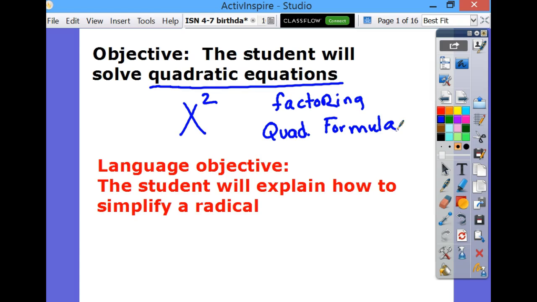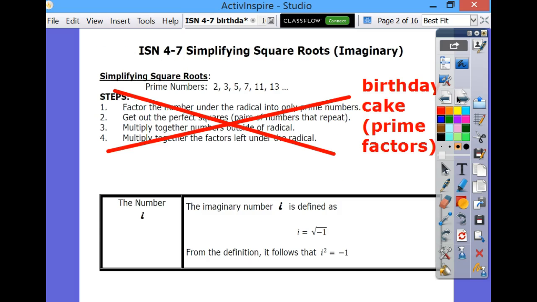When you get to the quadratic formula, sometimes you have to simplify a radical in order to solve the quadratic formula. And so we need to go back and look at a few more radicals. As I told you when we went through this lesson the other day, it was almost the same lesson. This is not how I teach